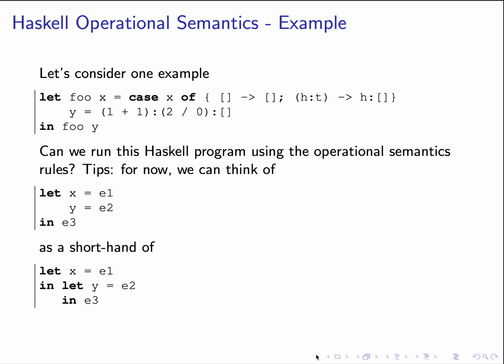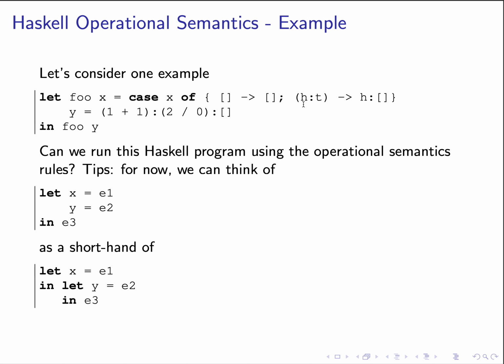Consider one concrete example. In this case, we consider the following Haskell program where let binding let foo x equals case x of pattern matching. In case x is an empty list, return empty list. In case x is a non-empty list, we pattern match against the list by binding the head to the variable h and the tail to the variable t, and then on the right hand side we return h cons with